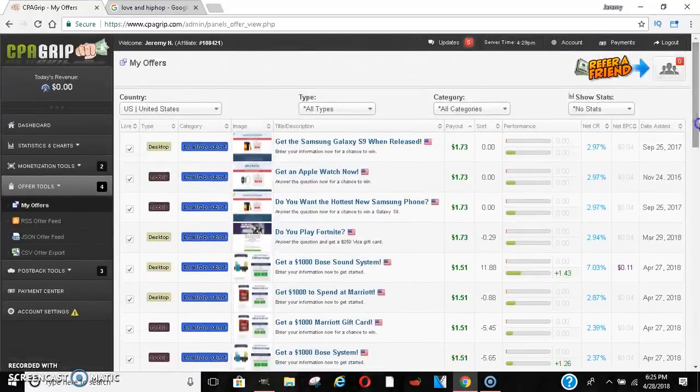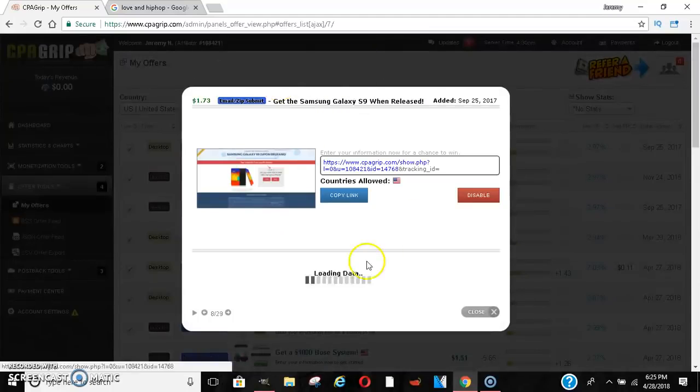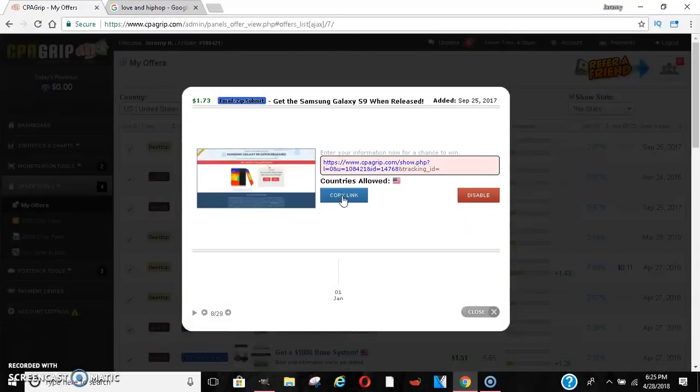This website, sometimes I'm not sure. See, it'll tell you desktop. So honestly, I don't know if they just mean desktop traffic or mobile traffic, because sometimes when I click on this, the actual page doesn't show up. But I'm going to get into something really important here in just a second.